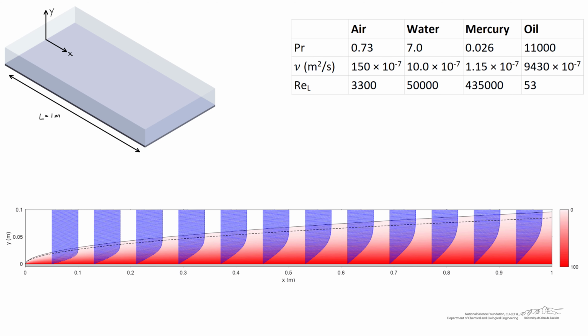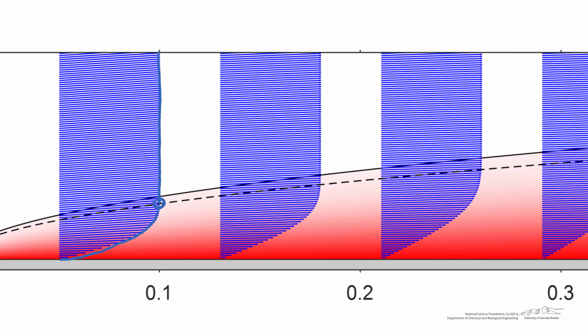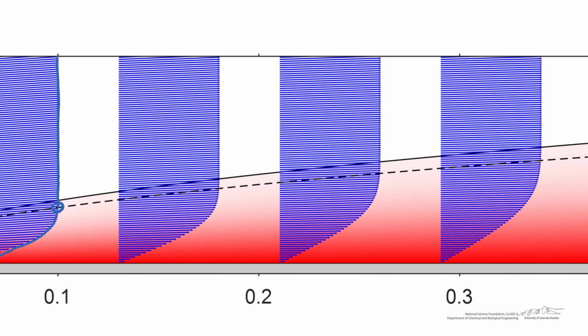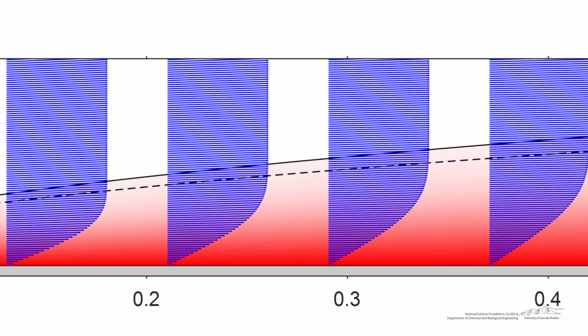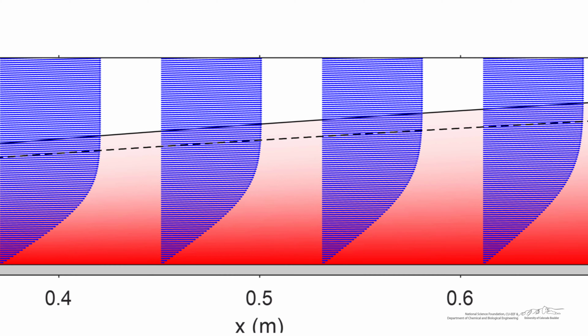So let's take a look at our first simulation, which is air. If we zoom in on it, what's immediately apparent are the velocity profiles. They start out at U infinity, and right when they hit the momentum boundary layer, which is the dashed line, the velocity is 99% of that free stream velocity. And then, due to the no slip condition, the velocity goes to 0 at the surface of the plate. As we move downstream, we'll find that the plate has more and more influence on the velocity profile. The thickness of the momentum boundary layer increases. We're now about halfway down the length of the plate.